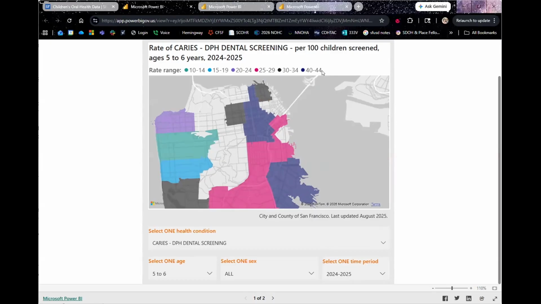So it's slowly going down, the kids in the Mission have better outcomes. Chinatown has better outcomes. The western side of the city has better outcomes. So I really like looking at the map, that what we're doing is working.